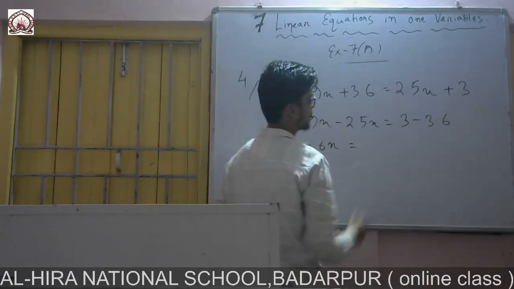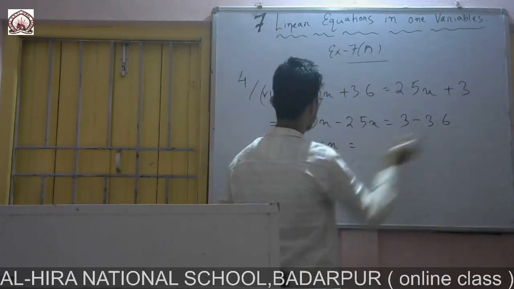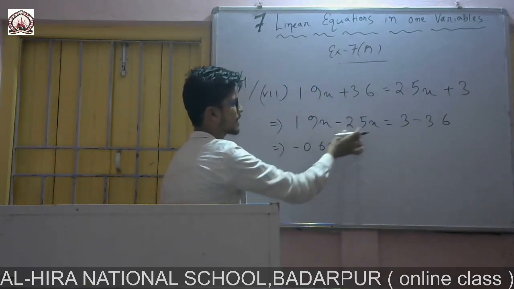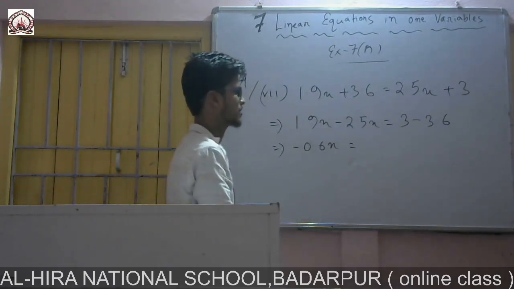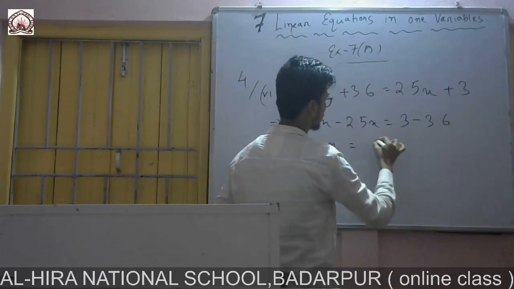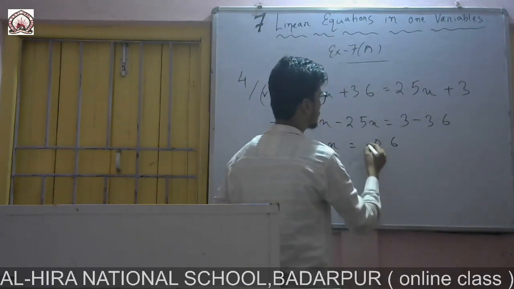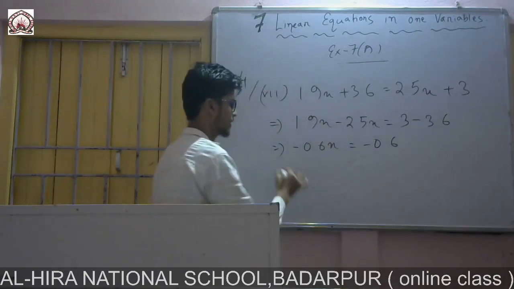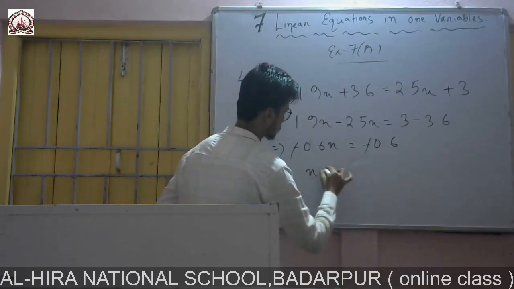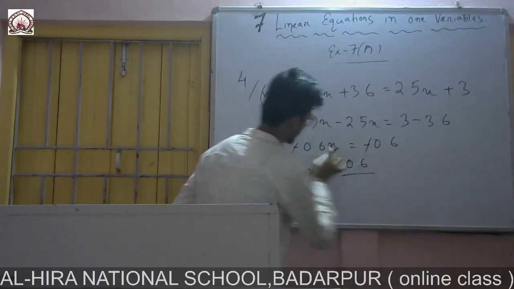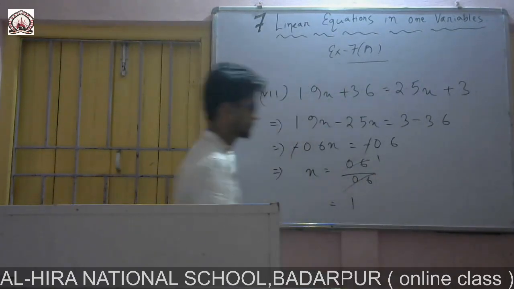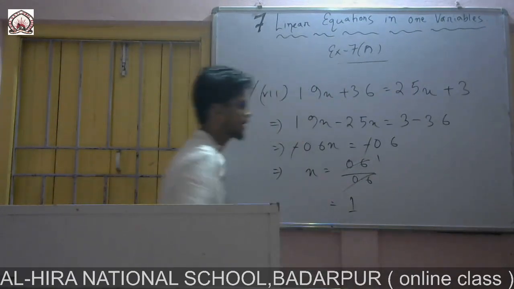And there, if I subtract 3 from 3.6, there is a minus sign left. Since 2.5 is greater than 1.9 and its sign is minus, I have to put a minus sign. And there you see 3 minus 3.6. If I subtract 3, then only 0.6 is left, and the sign will be minus because 3.6 is greater than 3. So now I can cancel this minus sign and this minus sign. They are left x and 0.6, and this one will come here, it is 0.6, so both of them will cancel, 1. So the value of x is 1.